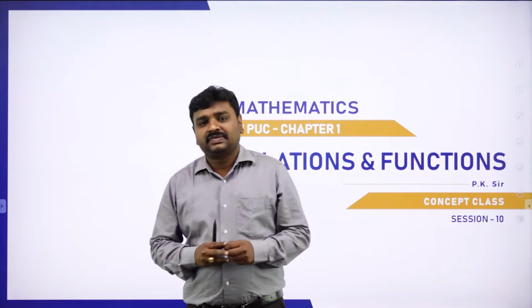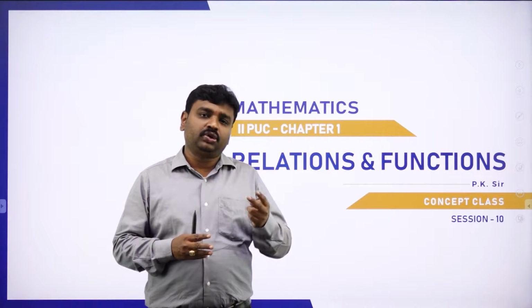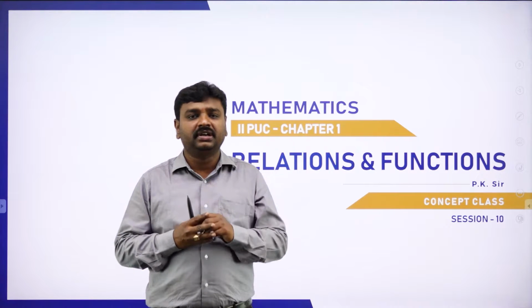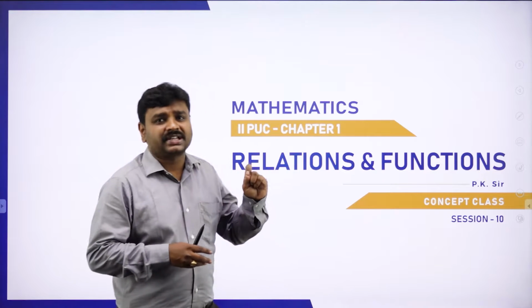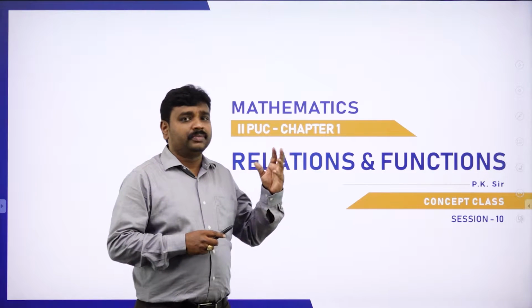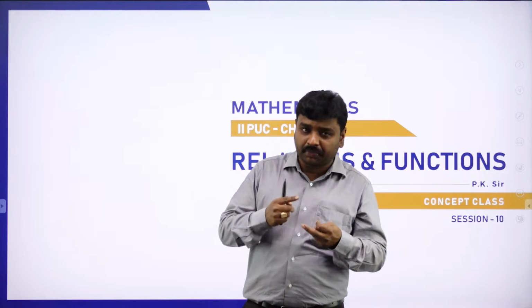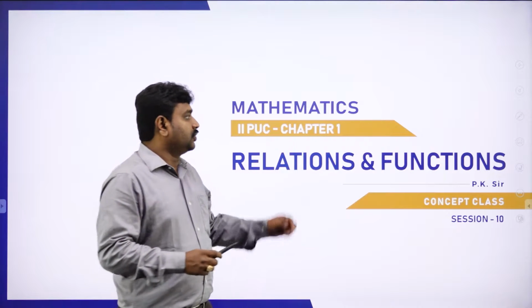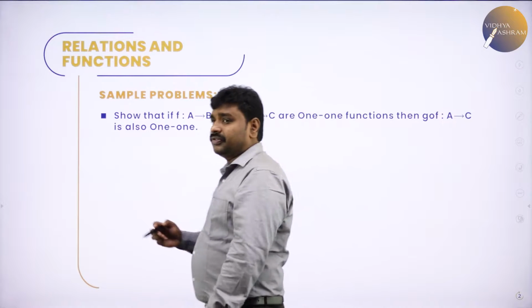So in my last class, we have studied problems on relations and functions, 5 markers and 2 methods. One is the composite function method, one is the bijection method, finding invertibility. We have done that. So now in today's class, we will go to the problems where we are solving properties. Along with the properties, we are also solving some of the special problems. So we will start with the first property or first proof.